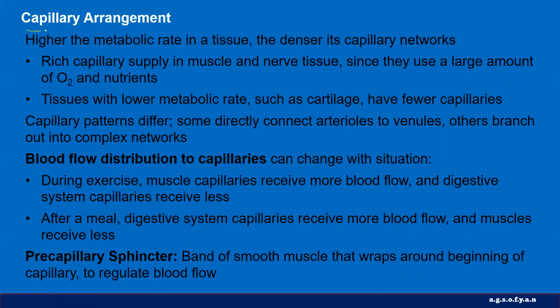Okay, capillary arrangements. The higher metabolic rate in tissue will get more capillaries and also more blood. For example, if we exercise, the blood will go mostly to the muscle. Our brain and also the heart muscle will always receive blood. 20% of our blood will go to the brain,